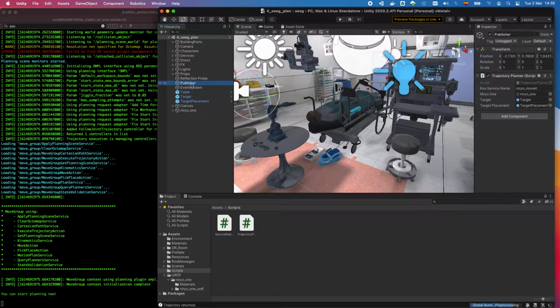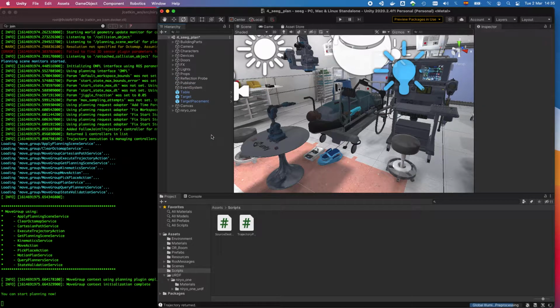So once you are in your publisher, if you don't see it like I do, you can just take this script and move it towards the component. You will see that now it is uploaded, and then you can connect all the slots. First the robot, then the target, and finally our placement place. We will look into together what all of this means. Once we are in this part, we can already start the simulation, and you should see